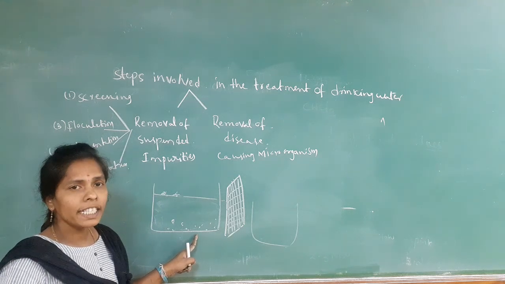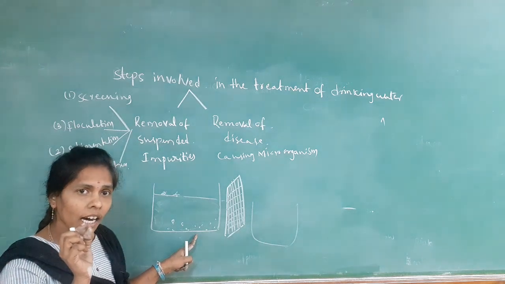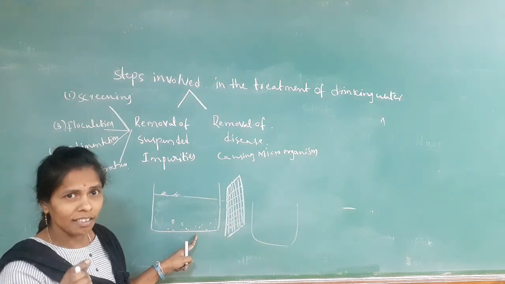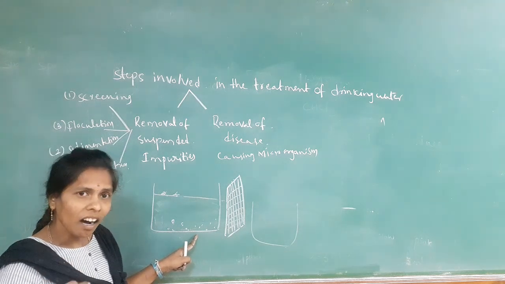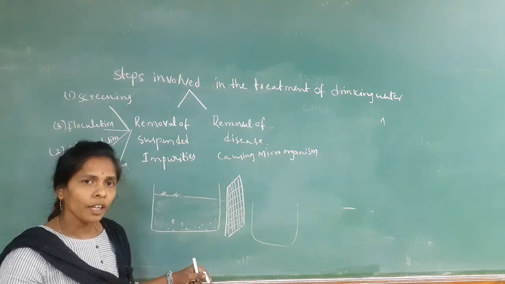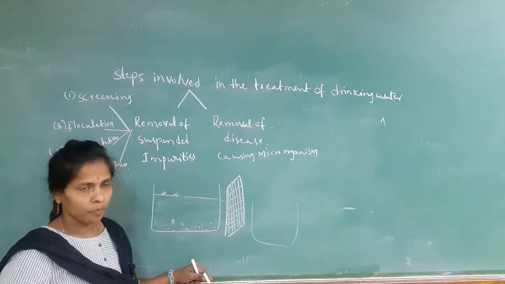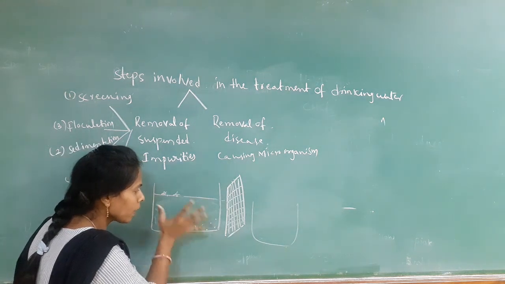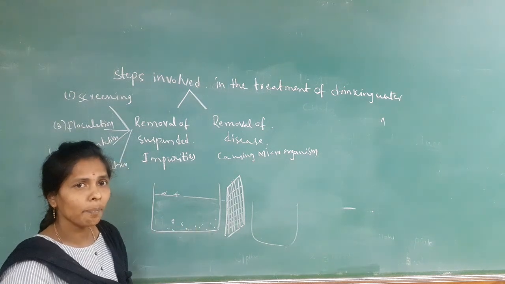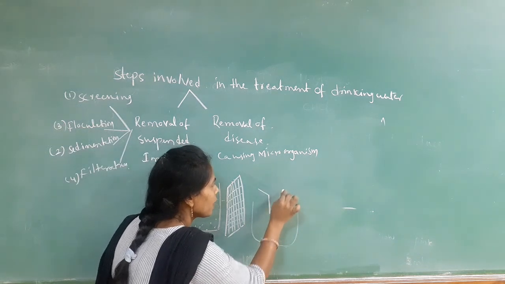So when we are not disturbing the water, what happens here? All the large density impurities, that means suspended impurities like the mud particles or the sand particles, settle down at the bottom of the container. So now how do we remove the impurities which have settled down at the bottom of the container? By the filtration process. You know how to do the filtration.